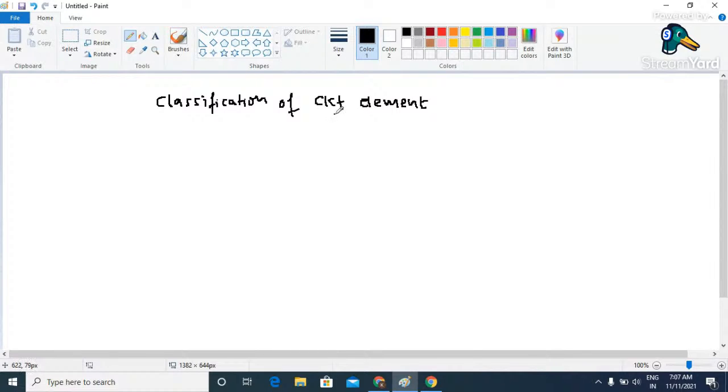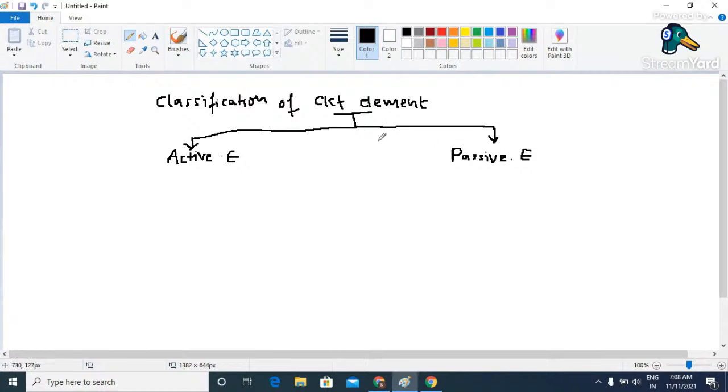So basically the circuit elements are classified into two main domains. First one is called active element, and second one is called passive element. Now active elements are those types of elements available in a circuit which are going to act as a source of energy. Sometimes these elements are also called a source of energy, because they are going to supply energy or supply power. Whereas passive elements are a kind of elements available in the circuits,